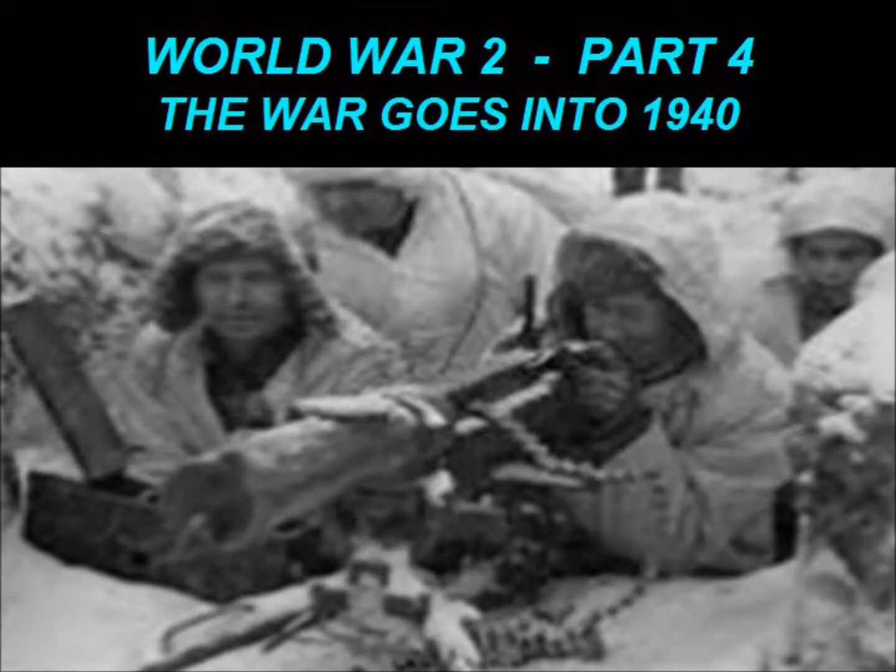So on December 16th, the main Russian assault begins. They launched their preliminary attacks on November 30th. The attacks take place in the Summa sector following a massive artillery bombardment. But during the night, the Finnish soldiers who've been given special training destroy about 70 Russian tanks. Also, following on from the Battle of River Plate, December 17th is the date that the Admiral Graf Spee is indeed scuttled in Montevideo harbour.